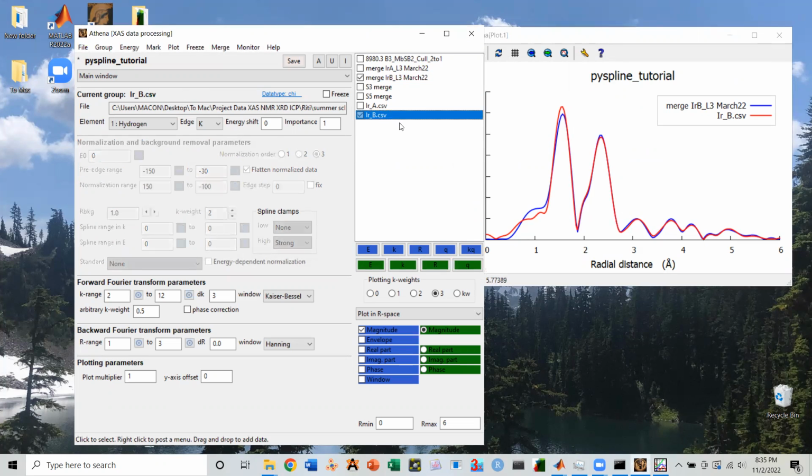So this right here is what I would bring into Artemis to do my shell by shell fitting for XAFS. Okay, so for the second part of this, let's take a look at a slightly messier